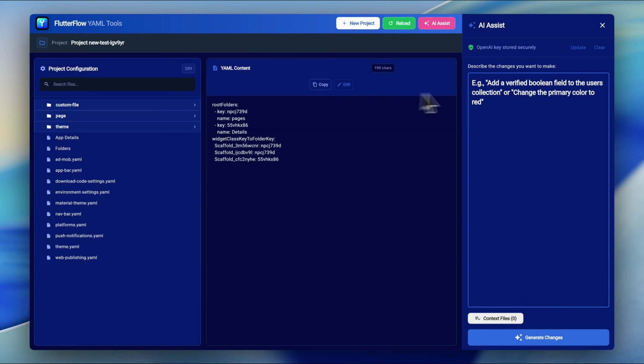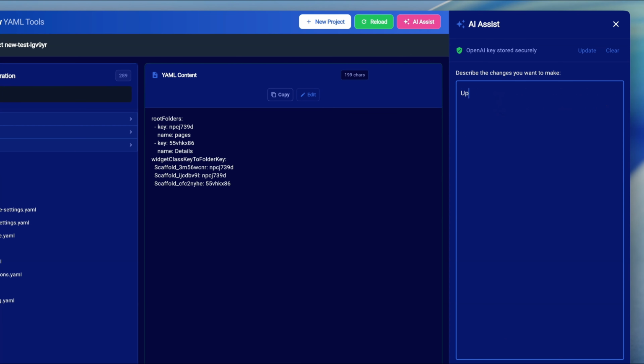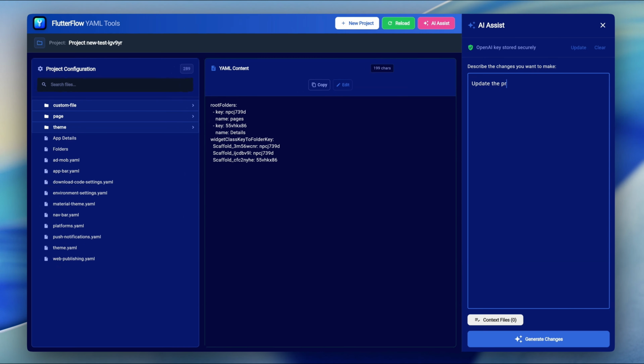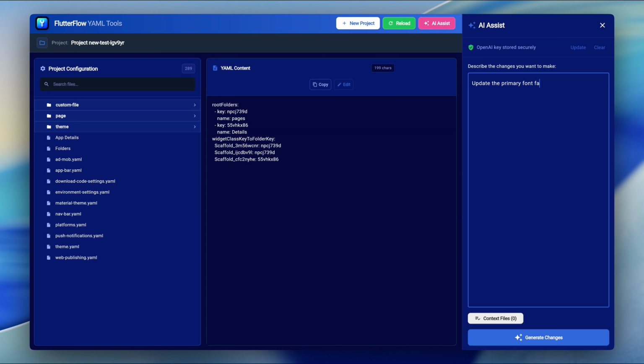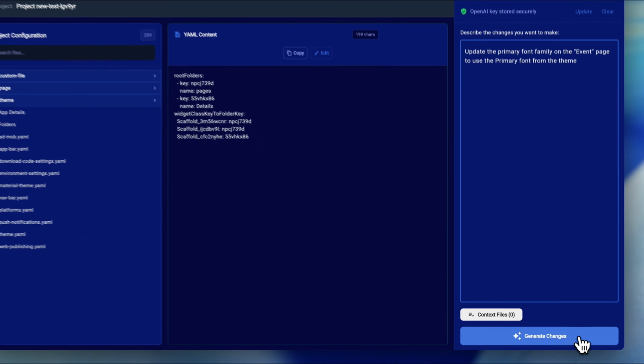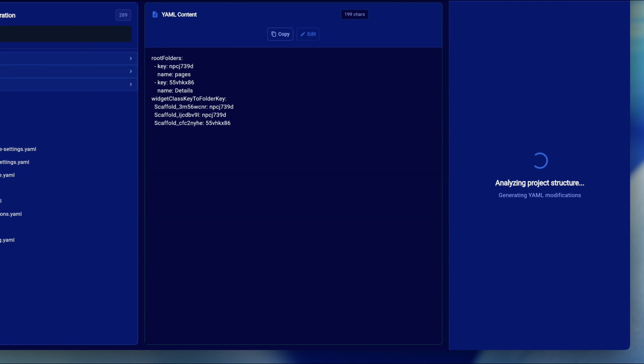But here's where things get a little murky, and we finally understand why that fully autonomous Flutterflow AI agent we dreamt of never quite arrived. You see, the rigid structure of Flutterflow's YAML files, combined with a lack of comprehensive training data, means that AI models make increasingly profound mistakes as complexity scales. They start to hallucinate structure.